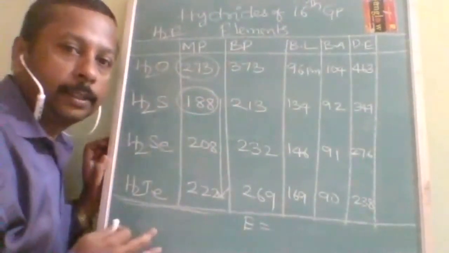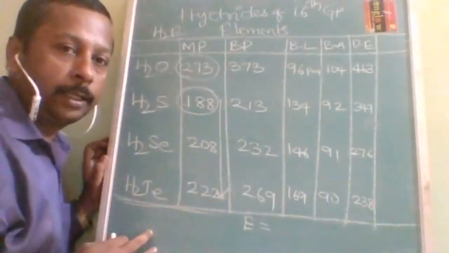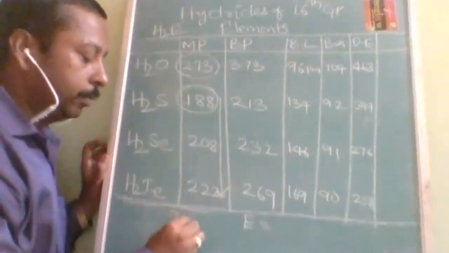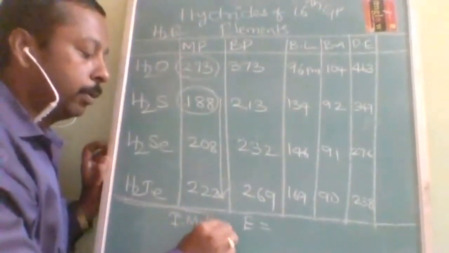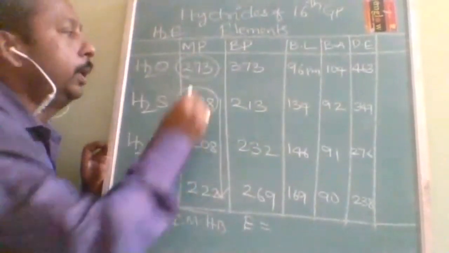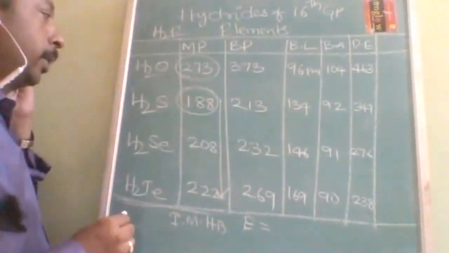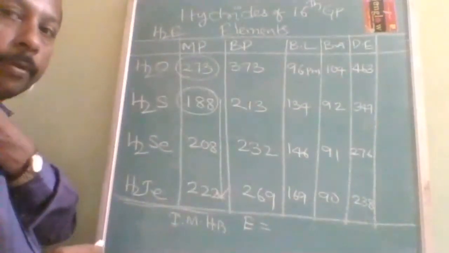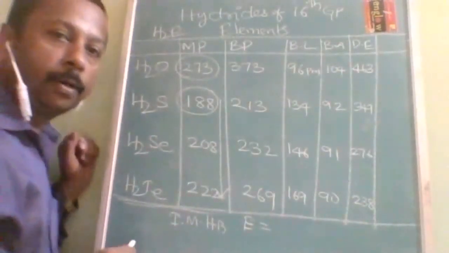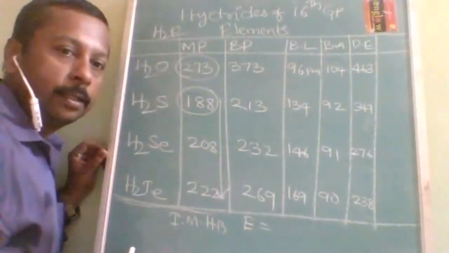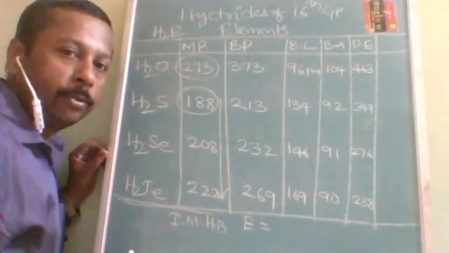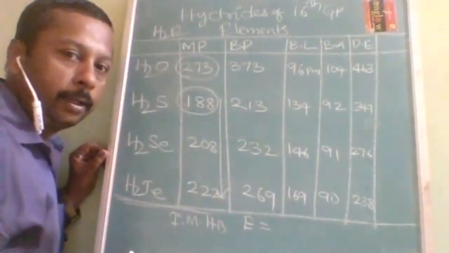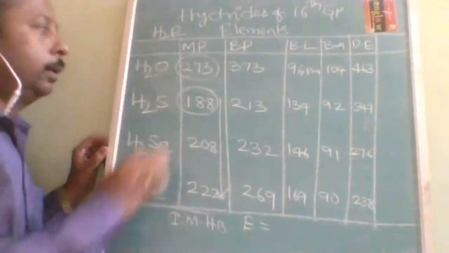Now coming to the sixth point, I told you if any abnormalities are there, there you have to know the reason. Reason is intermolecular hydrogen bonding. Okay. Oxygen, being the second most electronegative element, forms intermolecular hydrogen bonding. Okay. Once intermolecular hydrogen bonding is there, that results in strong bonds between the molecules, and the melting point will increase exceptionally. Okay. I think everything is covered.